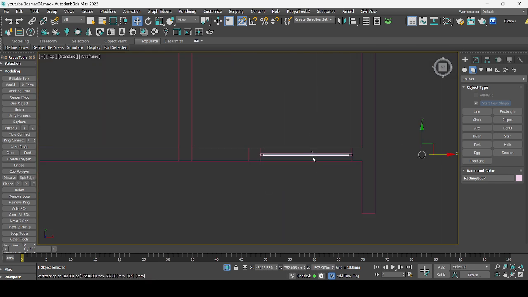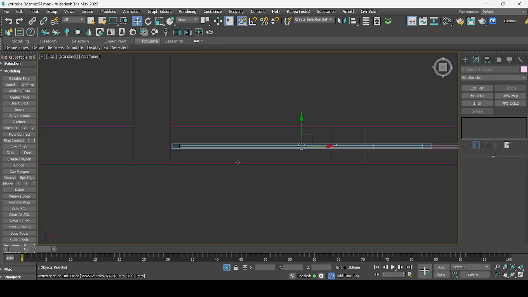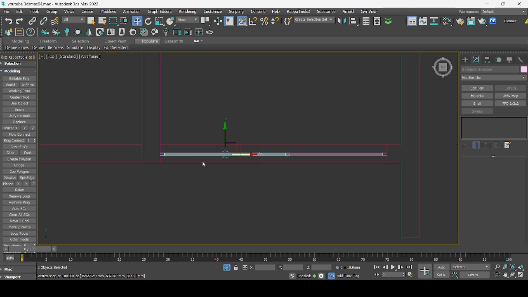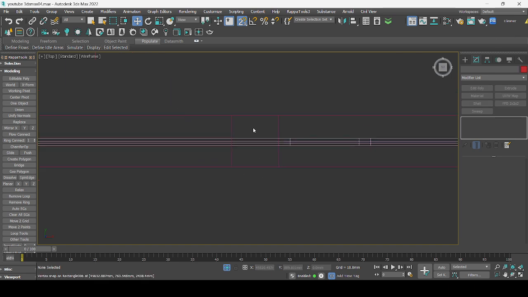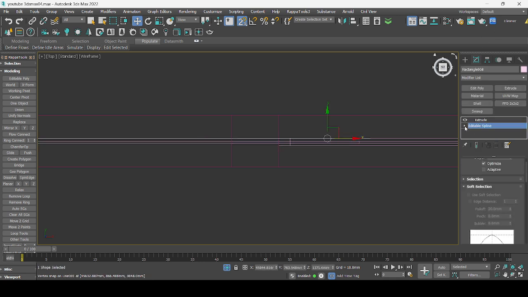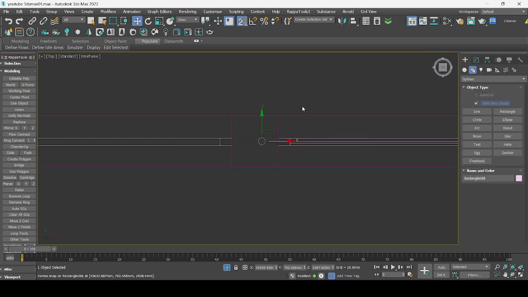I can even take the same and take its copy. Same procedure, I need to repeat the same procedure. First I will snap it, so that I will get the, for snap, S is the shortcut. Okay, now I will just go to this geometry, go to editable spline. I will select the vertex and I will snap it. In the same way,